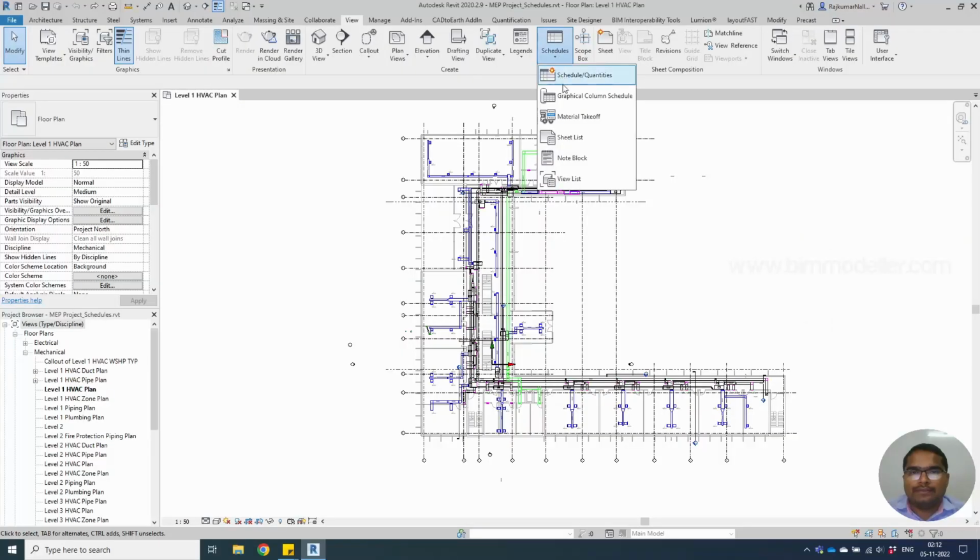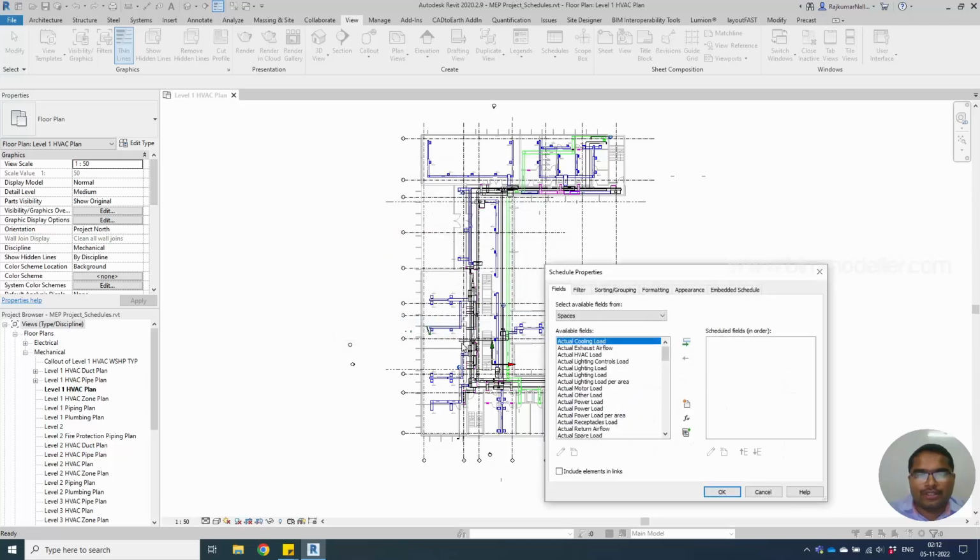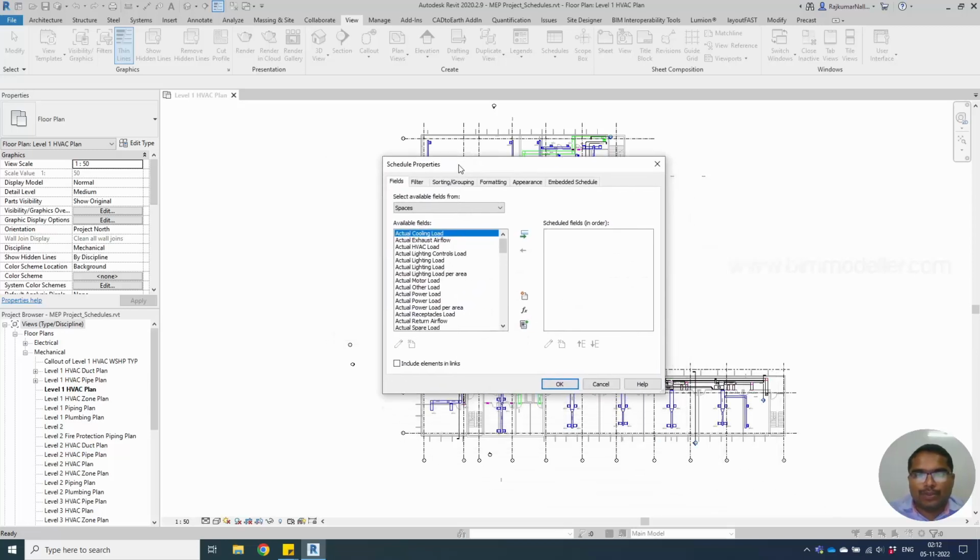Let us start. The View tab, Schedules, Create Schedules and Quantities. In this one, we have to search for Space and give a name that you want, Space Schedule. Select OK. Make sure you are in the Schedule Building Components, and you have to select the schedule properties. What are the elements that you want to show as columns? In this case, space name, number, and area of the space,